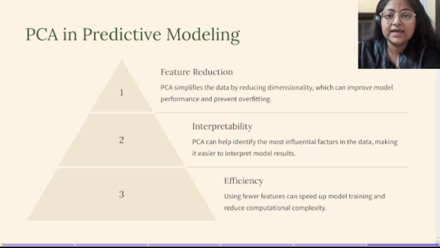Interpretability. PCA can help identify the most influential factors in the data, making it easier to interpret model results. And efficiency is the third predictive modeling benefit. Using fewer features can speed up modeling and reduce